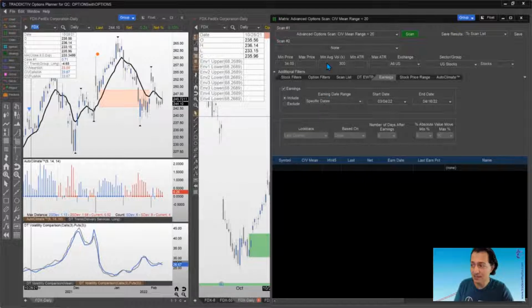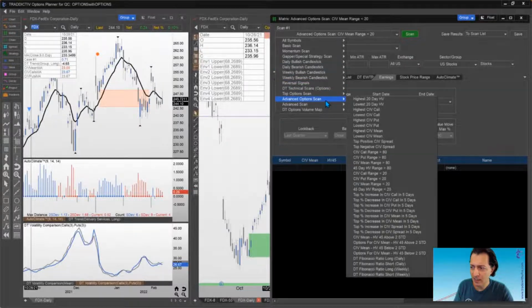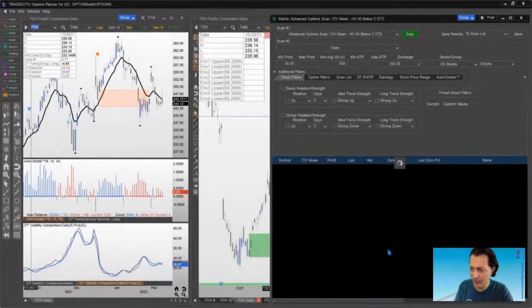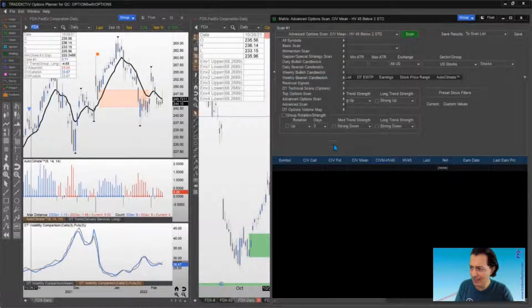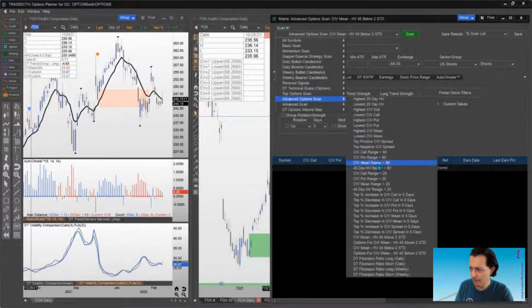So now my list is nothing, right? So what do I do? No problem. Remember, we have 3 techniques on how to search for volatility. Technique number 1 was mean greater than 20. Technique number 2 is mean greater than mean less historic volatility below 2 standard deviation. When I do that, still nothing. And technique number 3, which I would expect to provide some results,